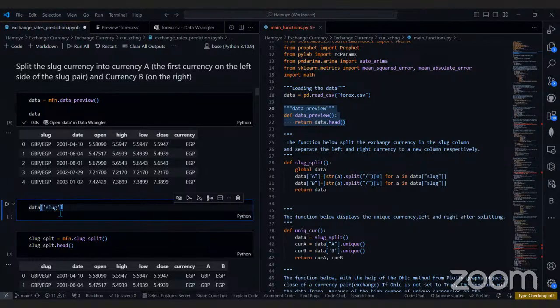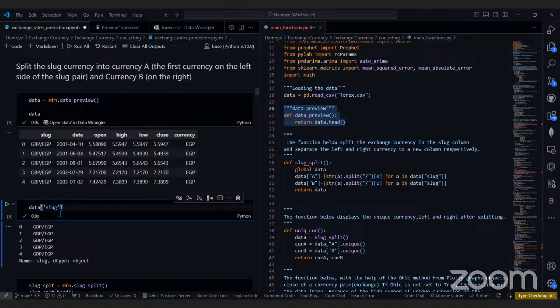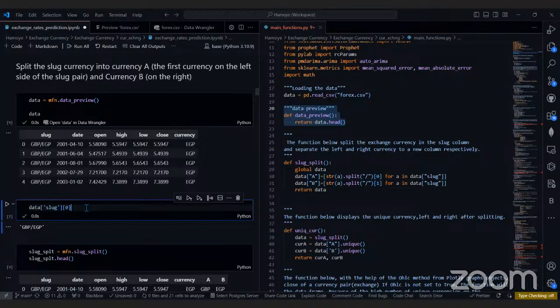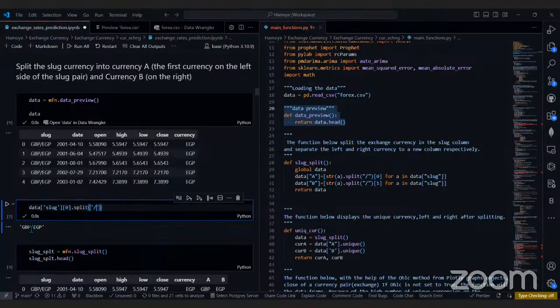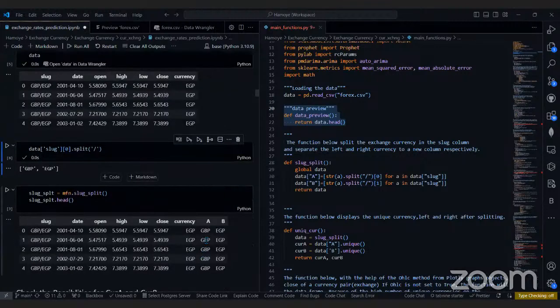I'm just going to do it for one, so I'll use index 0. Then dot split. The default is a comma, but we want to split by a forward slash, because that's what demarcates the two currencies. And you have something like this. So for column A, this one, we are picking. Is there any question?